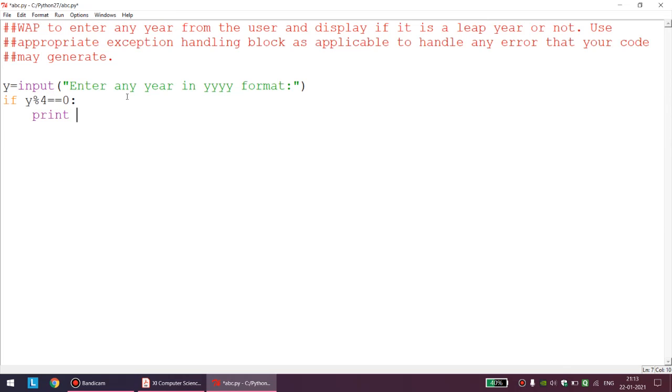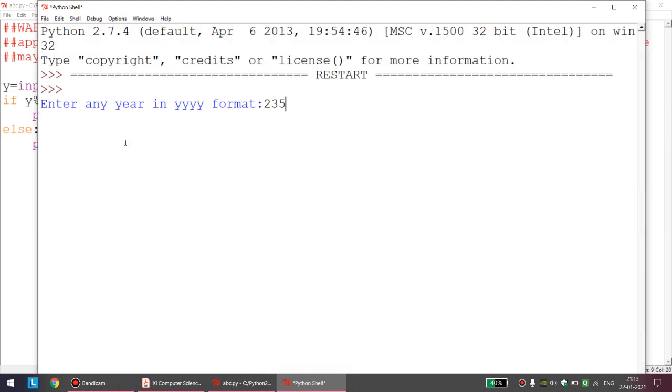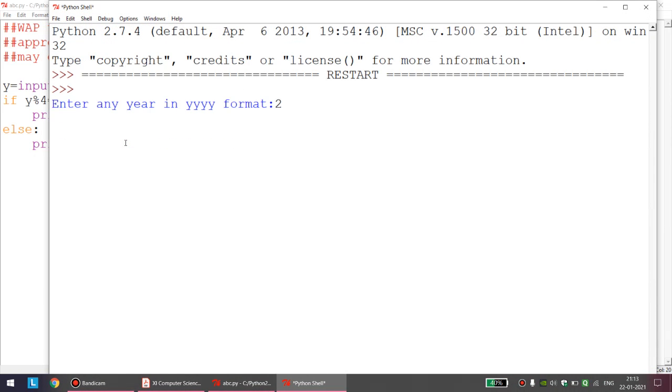So print y is a leap year. Just copying this, and obviously in the else condition we can print that y is not a leap year. First of all, let us see whether it works. Yeah, it is working. So let us see something proper. Yeah, works.